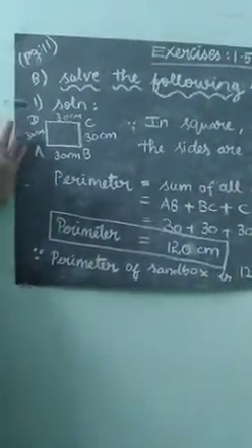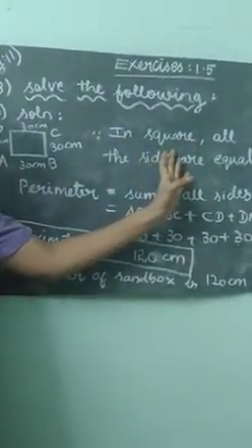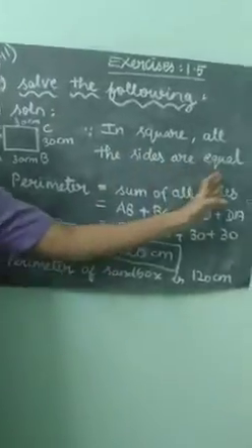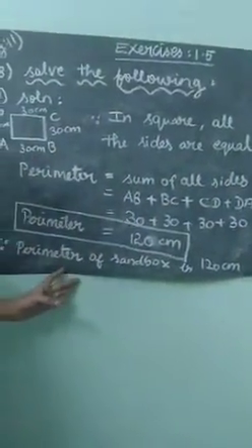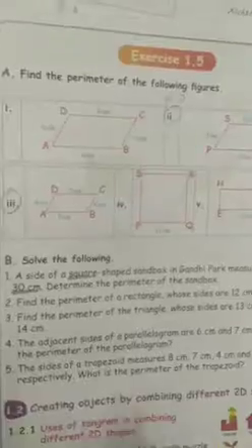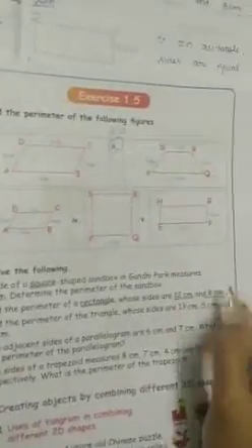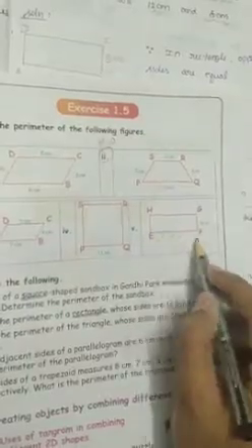Okay, ma. First put the diagram. Then on your right side, in a square all the sides are equal. That one write it, ma. Then as usual, sum of all sides. That's all. Okay, ma. First question over and now second question. Find the perimeter of the rectangle. Underline the rectangle whose sides are 12 centimeter, 8 centimeter. This is a fifth question model.